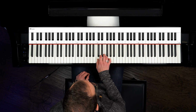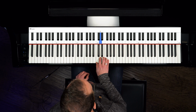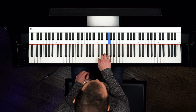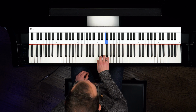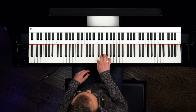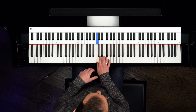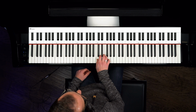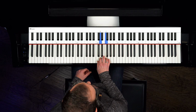And I like to play C, E, D, F, E, G, and then I go back down. G, E, F, D, E, C. So we're strengthening our fingers, but kind of in thirds here. So we're going from C to E, and then we're going from D to F, E to G,